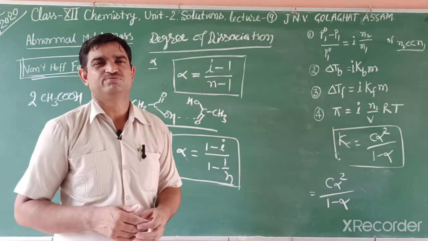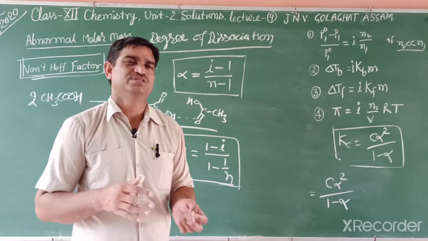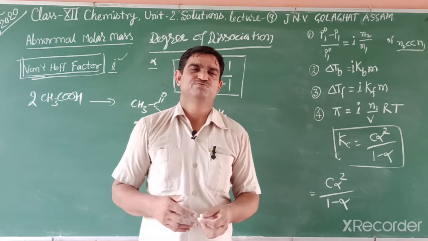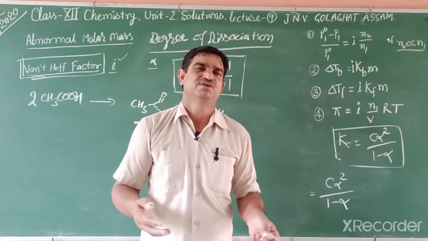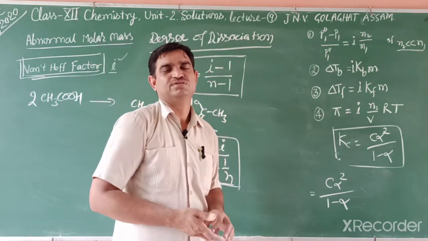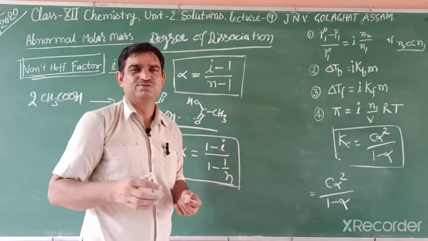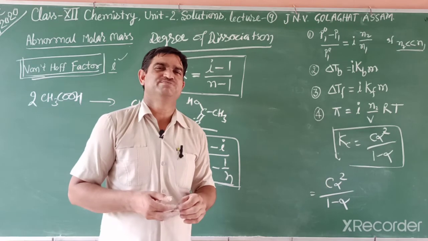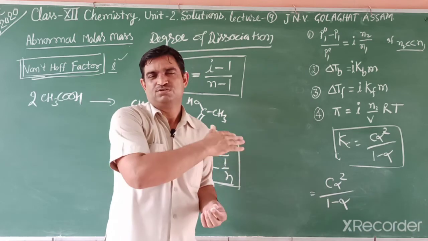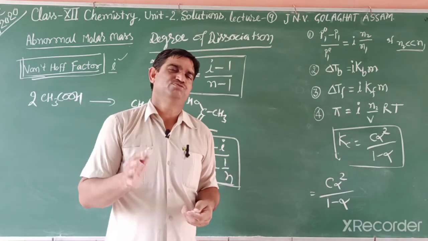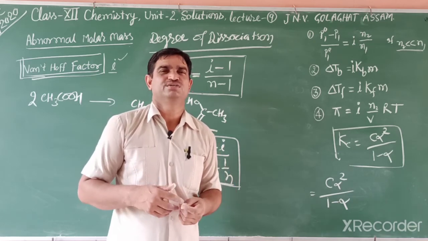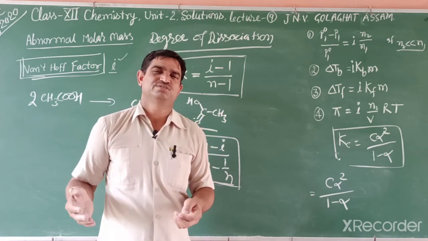Write all the main points, formulas and definitions in your notebook and fair copy, and read the NCERT book carefully. Some reference book you also need, because NCERT is very compact and concise. So students, take any reference book, either Pradeep, Modern ABC or whichever you like, together with NCERT, and you can solve all numericals easily. If you study only the NCERT book, you will face many difficulties solving numerical problems. You have to take a reference book. After studying these 9 videos, we have thoroughly studied the chapter, but our main part remains, that is solving numerical problems. So tomorrow we will discuss some numericals.